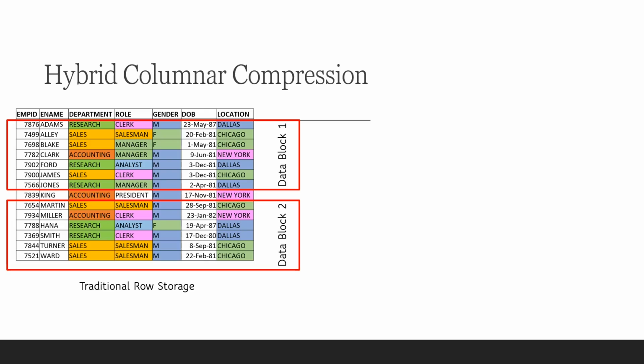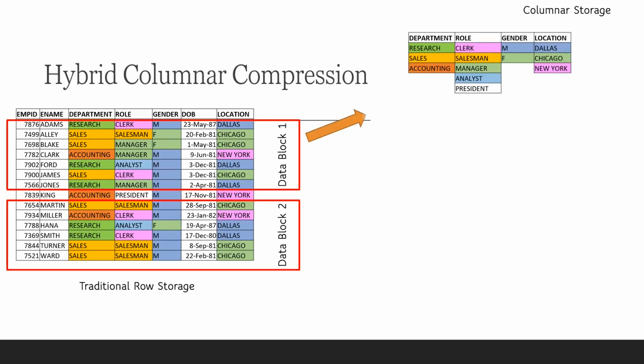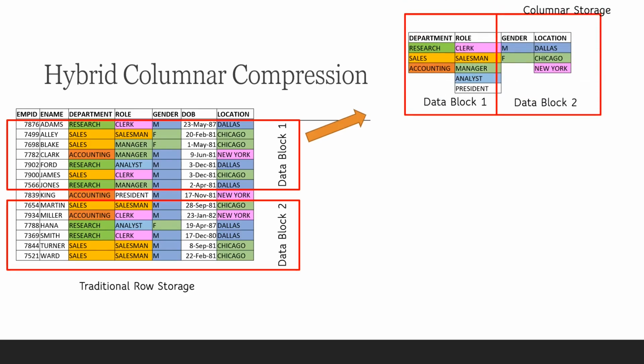When we talk about columnar based compression, the data gets stored column based. For example, if you take location again, it's Dallas, Chicago and New York. Those are the three values that get stored, and for the rest of the rows it is stored as a pointer. But whenever we do frequent transactions like a row ID update or frequent DML operations, there is a performance problem with the columnar storage. So it is not best suited for our OLTP databases.